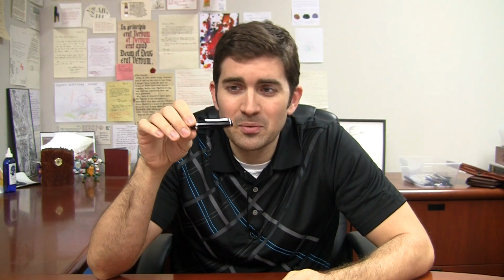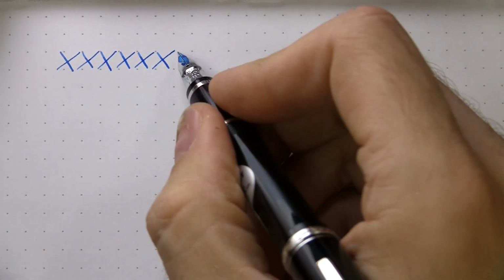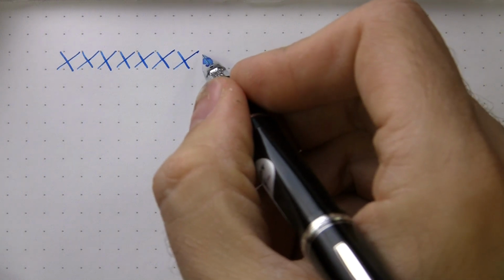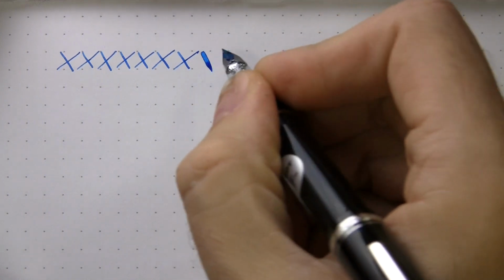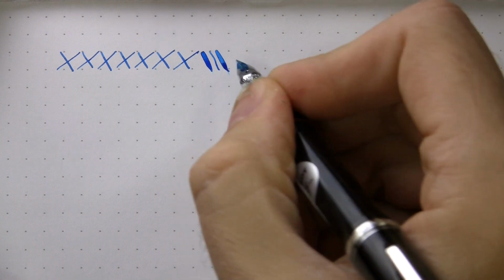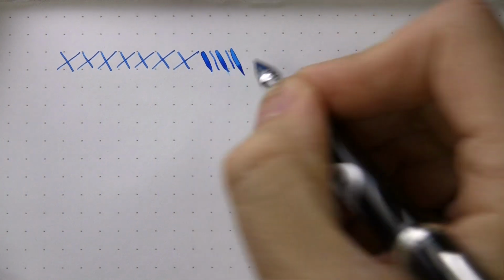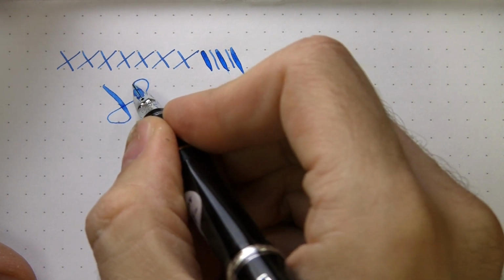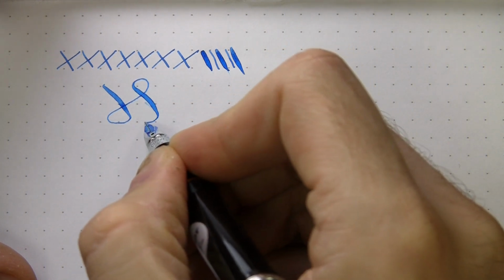The things that are different, the most exciting one to me is the fact that the Pilot Falcon with the Rhodium trim is available in a soft, extra fine nib. I already showed that off in one of my other videos, but this is a nib that has not previously been available in the Namiki Falcon, the one with the gold trim. That's only got a soft fine, medium, and broad. The Rhodium one has a soft fine, medium, and broad, but also has a soft extra fine,